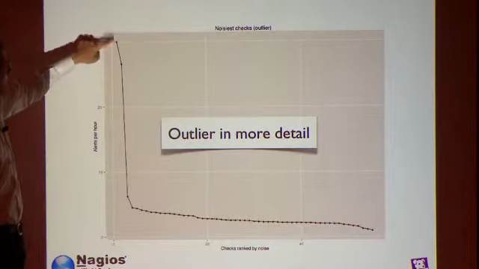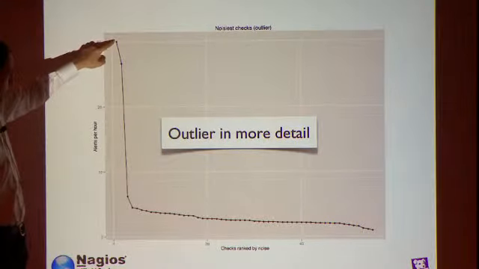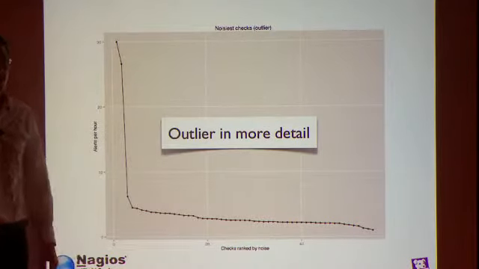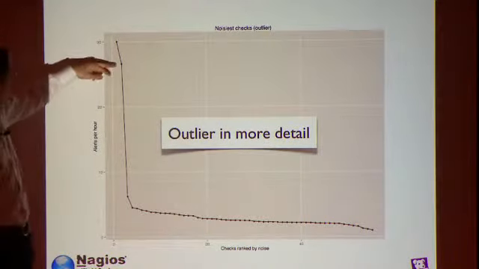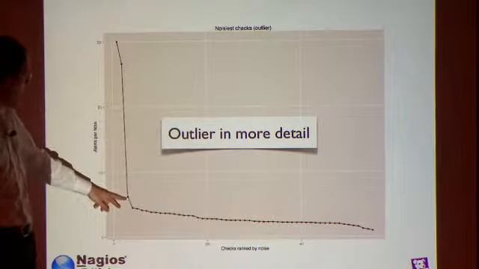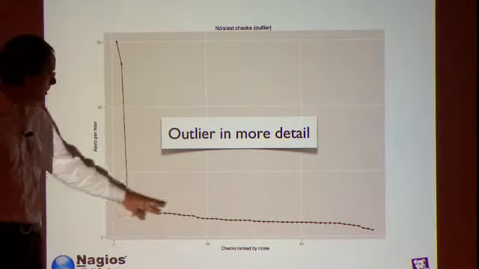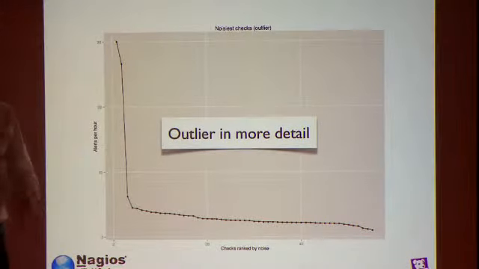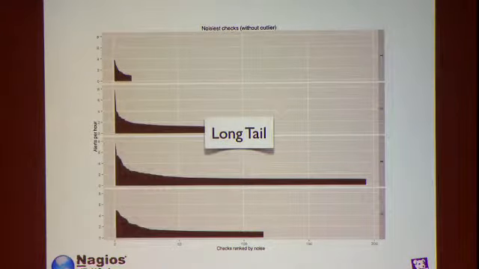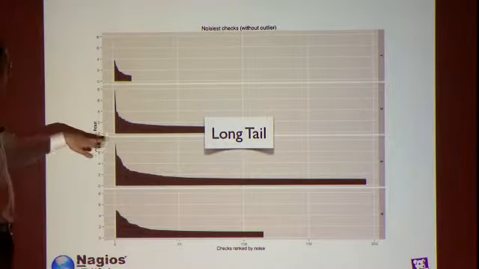So there's one check, the first check, alerting 30 times an hour. The second one is at 27, and the third one is at 7, and then there's a long tail. So obviously for this particular account, something is badly broken, and it went badly broken for a while. But now, if I remove that data, so remove the account that has this big outlier,